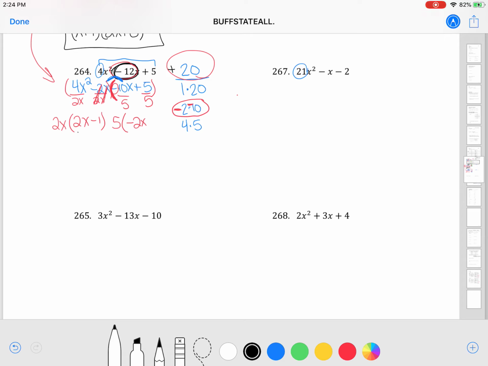Now, hopefully you're noticing that thing I told you about grouping so many times. They're not going to match up. Okay? If they don't match up, think about what's happening here. You need a positive 2x and it's a negative 2x. The only way to make that work is to divide by a negative. So your GCF has to be a negative. If you now divide negative 10x by negative 5, it's a positive 2x,